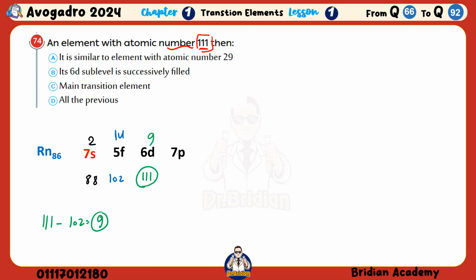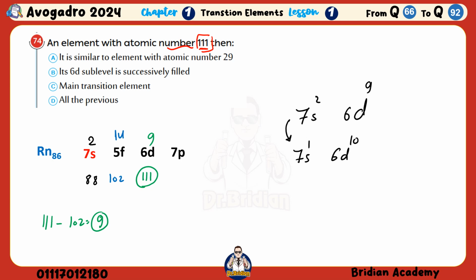In this case, we have 7s2 completely filled and 6d ending with 9 electrons, so this is an anomalous electron configuration in which 7s will be half filled and 6d will be completely filled to gain extra stability